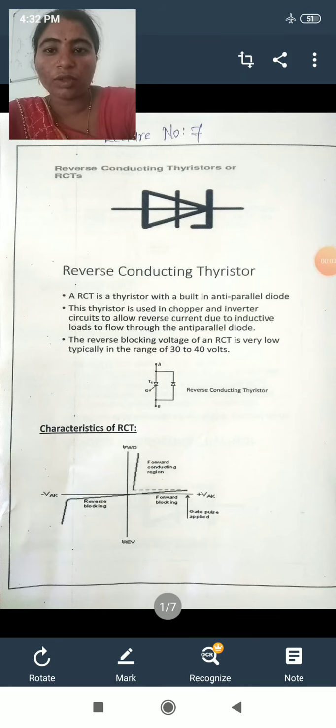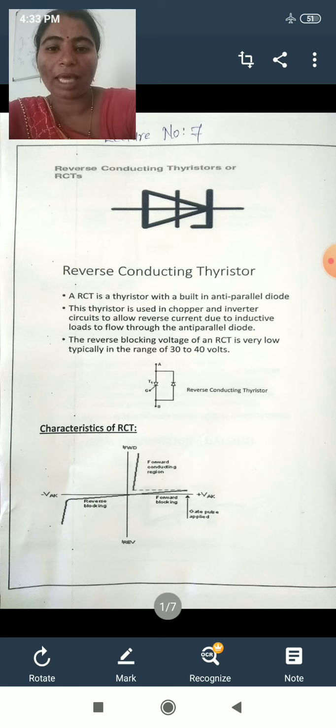Hello guys, today we learn the reverse conducting thyristor, called an RCT. This is the symbol of the RCT, as given in the figure. Now what is the RCT? See the construction diagram of the RCT. RCT is nothing but the